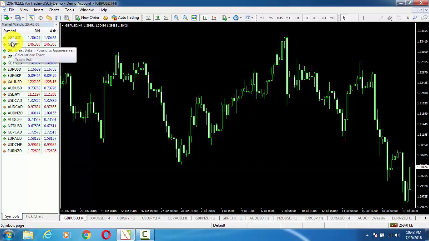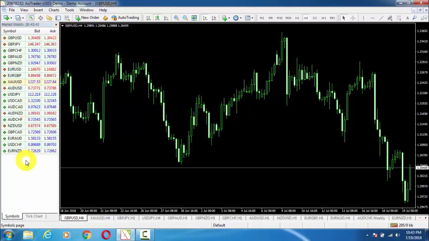Now our next thing is the symbol. Here we have symbol. Basically these are currency pairs. We have already studied that in our basic terminologies, but in terms of MT4 these are represented as symbols. Here we have bid price, here we have ask price also, and here are the different symbols of this MT4.